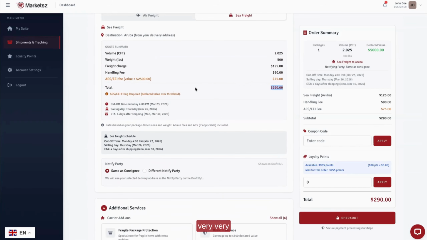Now down here is very important. Down here, you can also see the cutoff time, which in this case is going to be Monday at 4 p.m. In this case it is going to be the next Monday, which is March 23. However, if we miss this cutoff time this Monday, it will show the next following Monday as the cutoff time. The sailing day is basically going to be every Thursday of the week, which in